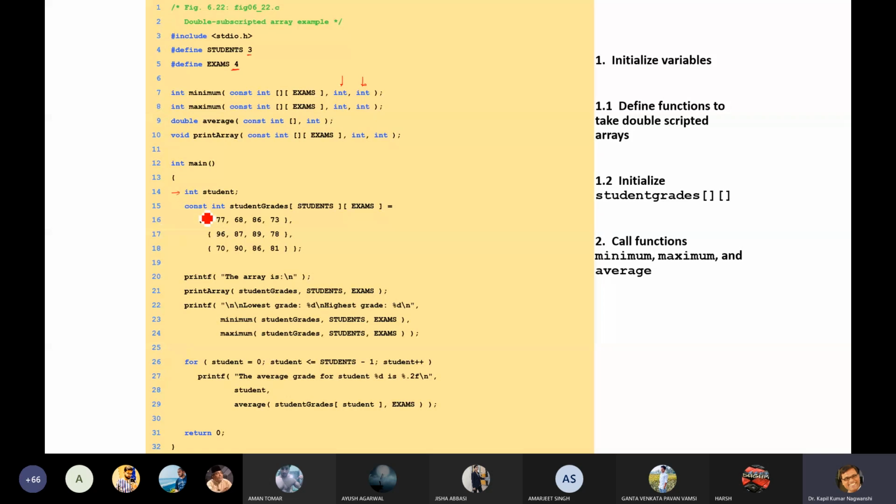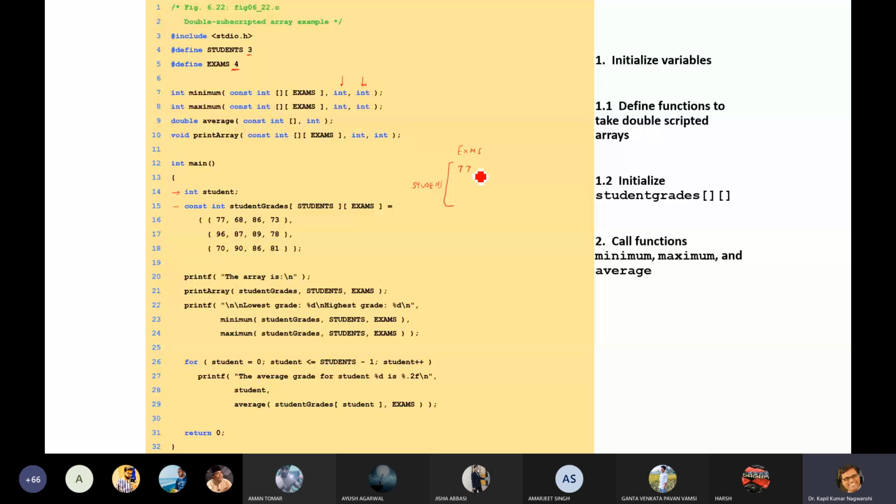So let us try to execute this program. Initially, integer student will be created. Integer student is created as an integer value. Now constant integer student grades. So this is written in terms of students and exams. Students are rows and exams are columns.